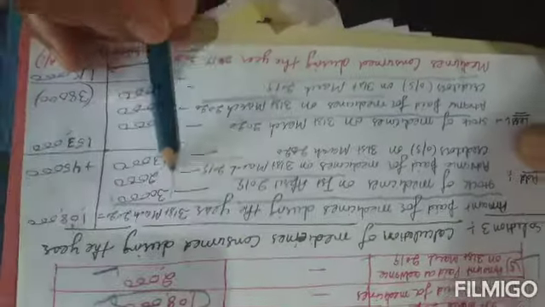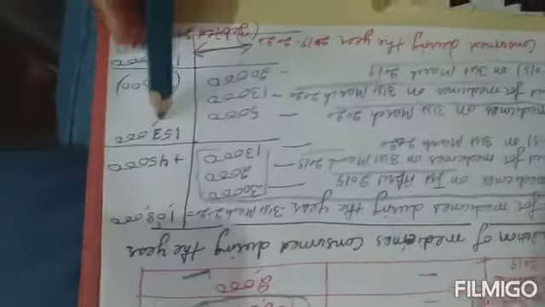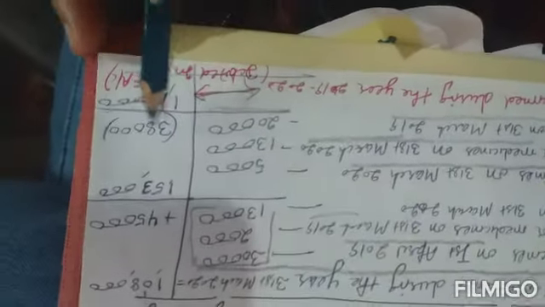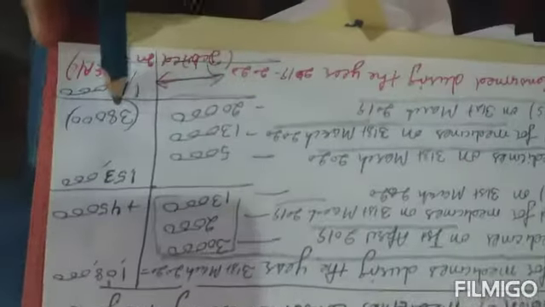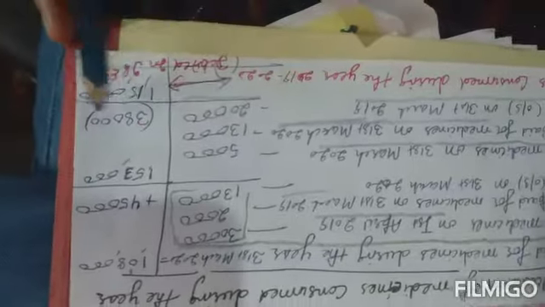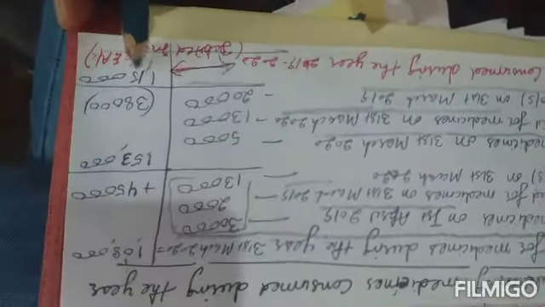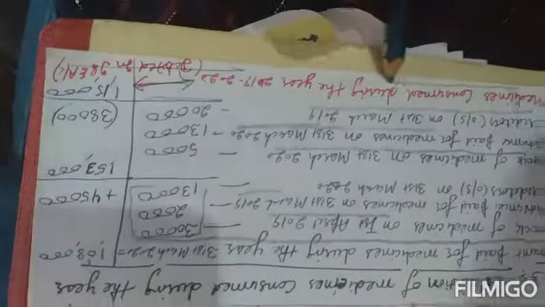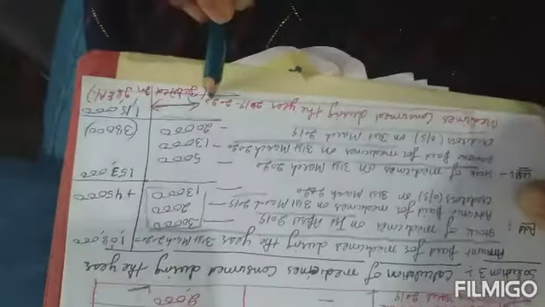Now all the items to be added, when added, give us 1,53,000. We will deduct the amounts to be deducted, and the total of the deducted amounts is 38,000. We will deduct this, and finally we will get 1,15,000. And this 1,15,000 is medicines consumed during the year 2019-20, and again the same process, it will be debited in the income and expenditure account.